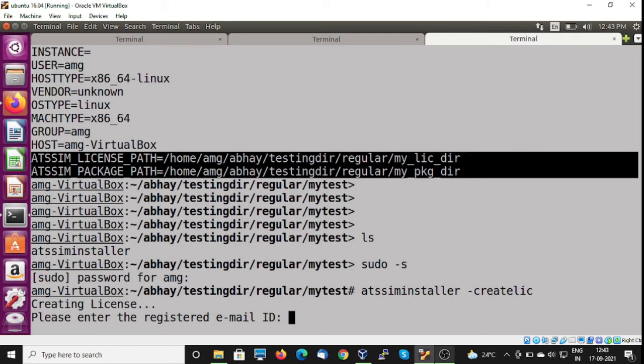Here it will ask me my registered email ID. I've given it. So this is the ID which will receive your license key, license activation key.